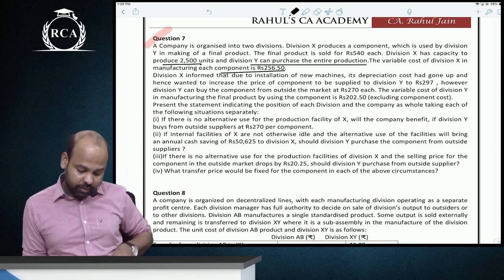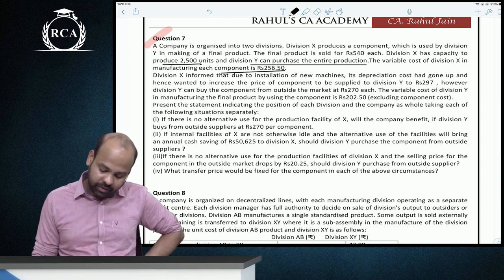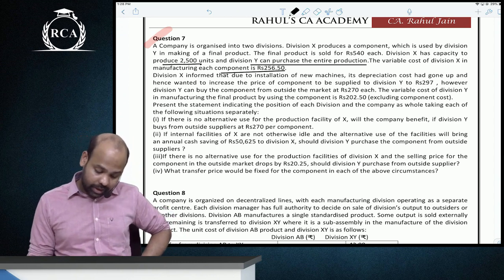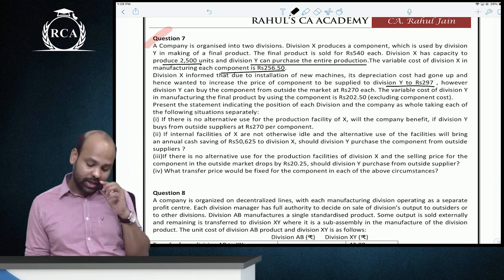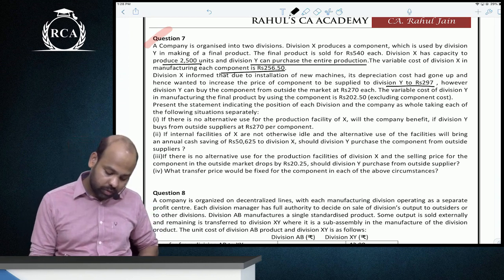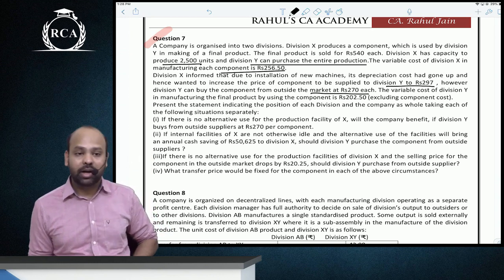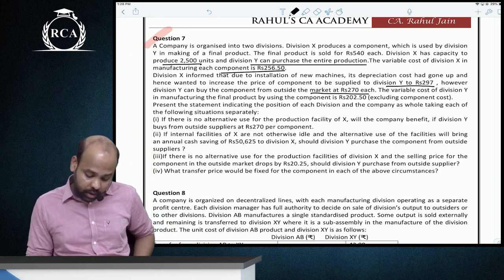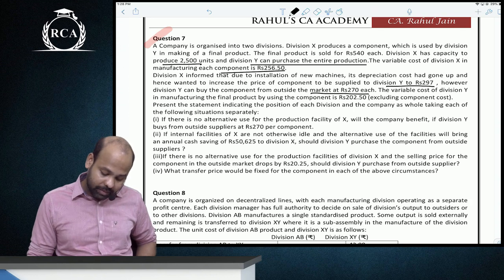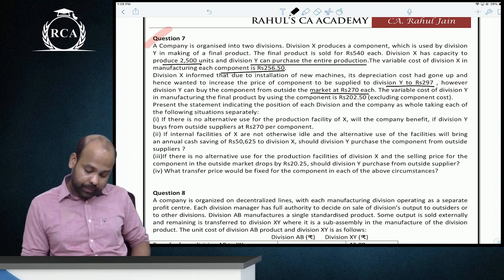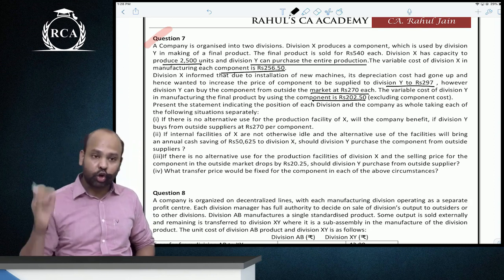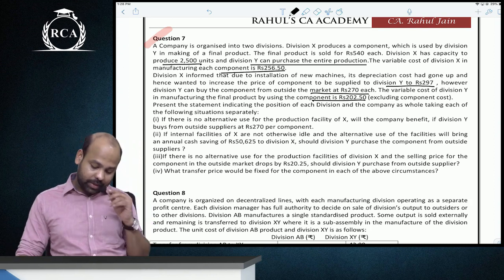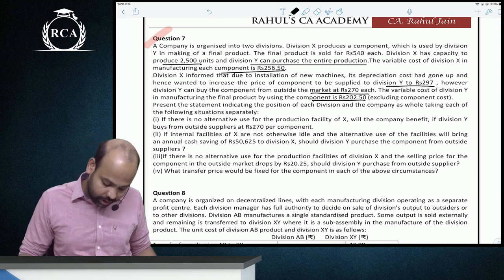Division X has informed that due to installation of a new machine, its depreciation cost had gone up and hence wanted to increase the price of the component to be supplied to Division Y to 297. However, Division Y can buy the component from the outside market at 270 rupees only. The variable cost of Division Y in manufacturing the final product, excluding component cost, is 202.5. Prepare a statement, guys, indicating the position of each division and the company as a whole, taking the